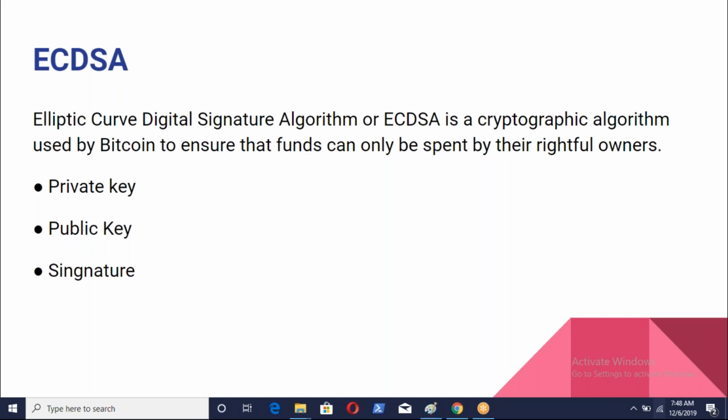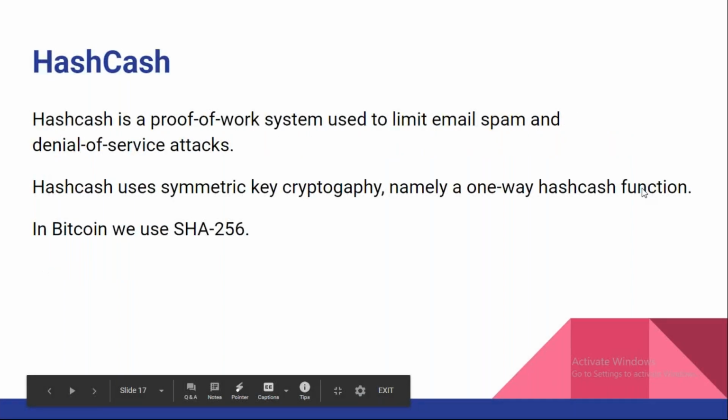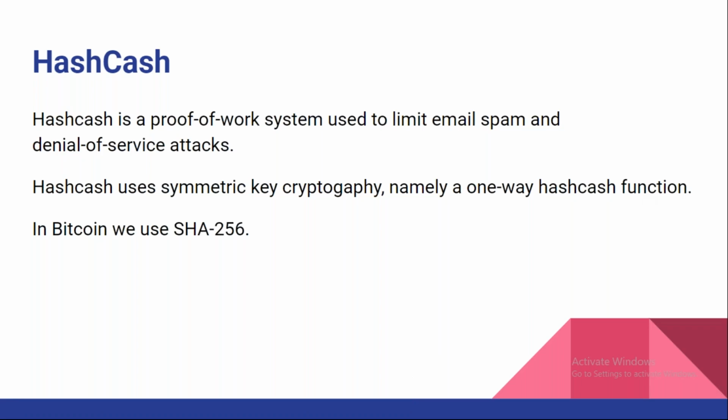Okay, so this is the ECDSA algorithm. Next we have hashing. Once the transaction is initiated and the digital signature is created, we do hashing. Hashing is nothing but one-way hashing. I told you yesterday, and in the introduction class I also used many times, the proof of work algorithm. In Bitcoin, Hashcash is the proof of work algorithm.